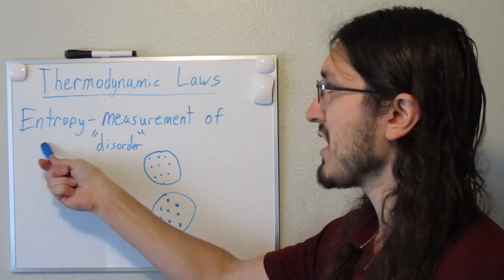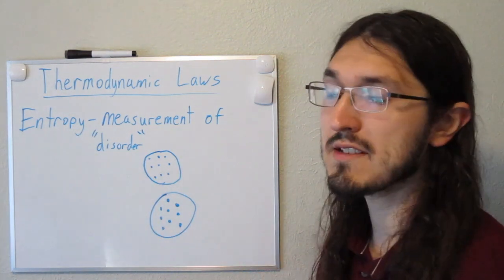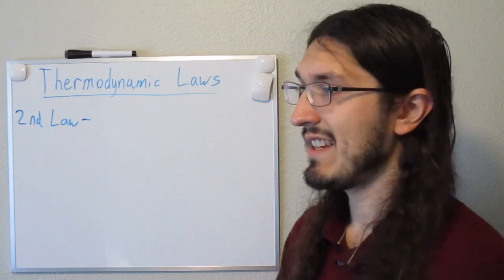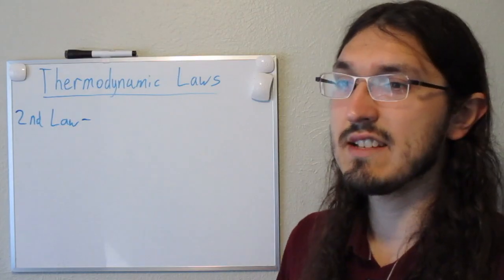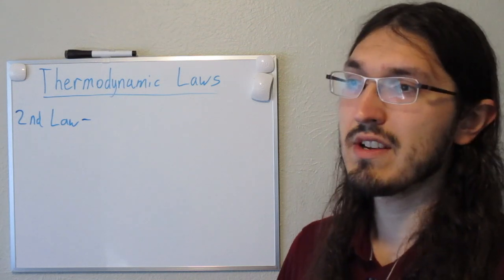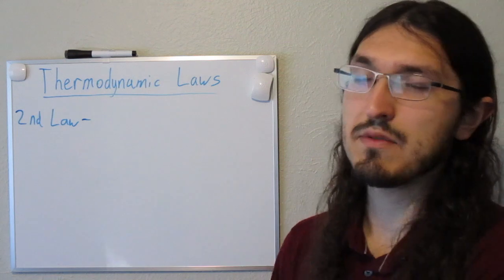Okay, the reason I need to talk about entropy before I get into the 2nd and 3rd laws is because both those laws have to do with entropy. So now I'm going to get on to that. The 2nd law of thermodynamics states that entropy in a closed system can never decrease, and it is only constant whenever certain processes are reversible. But pretty much entropy can never decrease over time. It can only increase or stay constant.